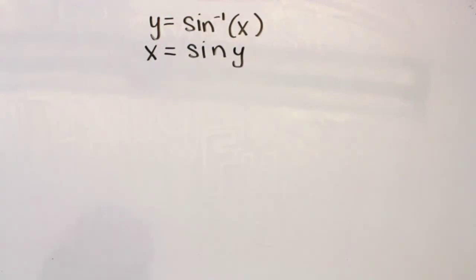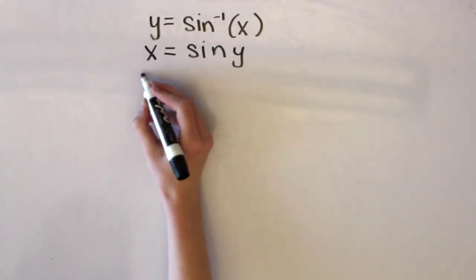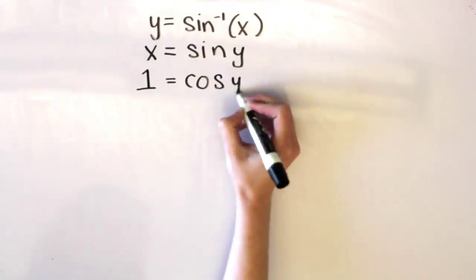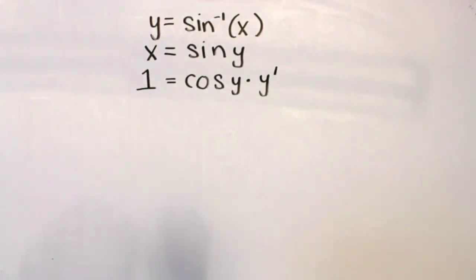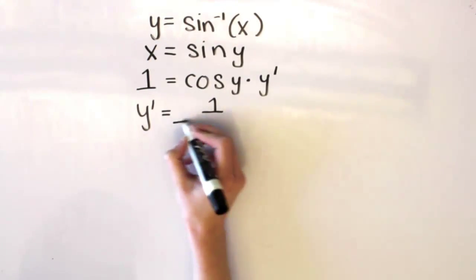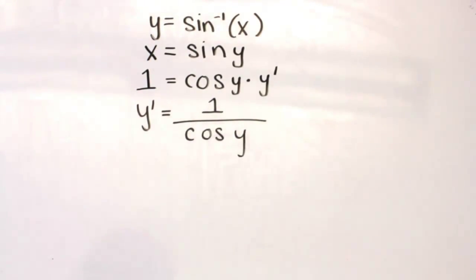We're going to take the derivative of this implicitly with respect to x, so 1 equals cosine of y times y prime. Isolating y prime, we find that it's 1 over cosine of y, but we're not done yet. We want dy/dx, or y prime, in terms of x, not in terms of y. We can rewrite this in terms of x using the equation we started with, x equals sine of y, where